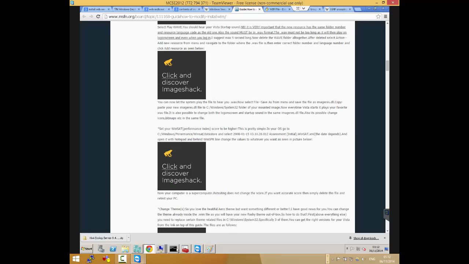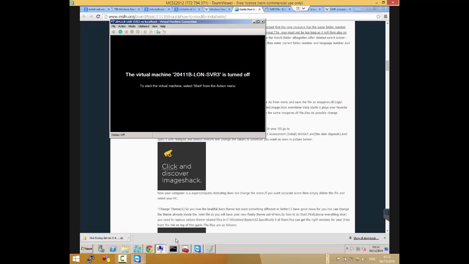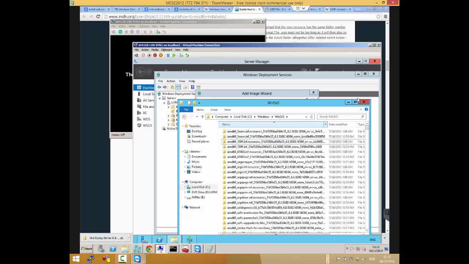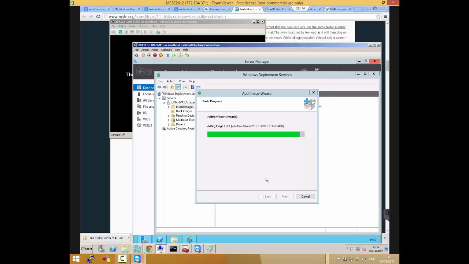Okay, let's see if that's finished installing. If we go back to learn server one, has it finished? It's a lot of files. I might need some help from you setting up these files once I get the hard drive from you. No problem. Whenever you have time, maybe we can sit down for 10, 20 minutes and I'll give you access to my machine. The one thing is I'm unable to install my network card to give you internet access on my Windows 2012.